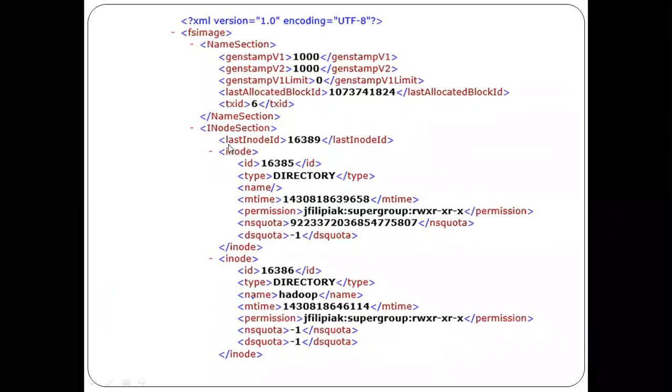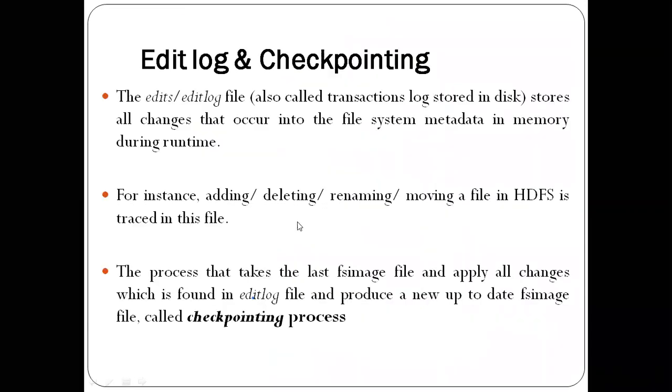This is a screenshot of fs image file. You can observe here, this file is having the id, then type of the file, runtime of the file, then permission given. All these informations are stored in fs image. This is the xml version of fs image file. Next we'll see about